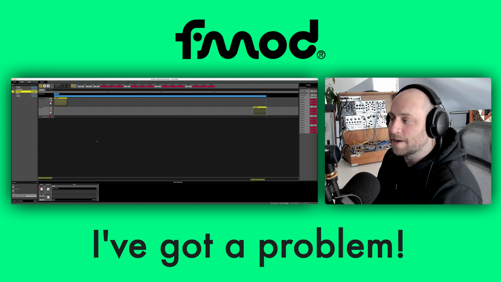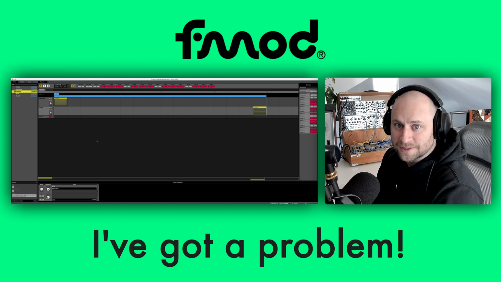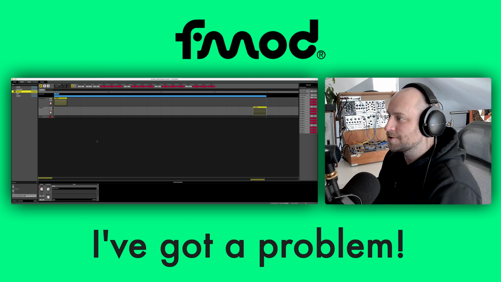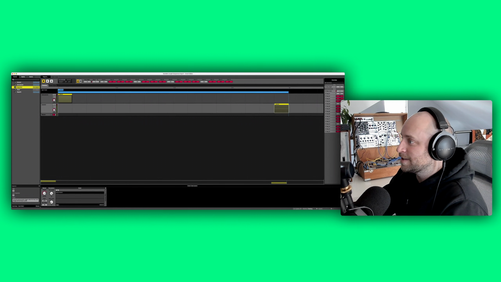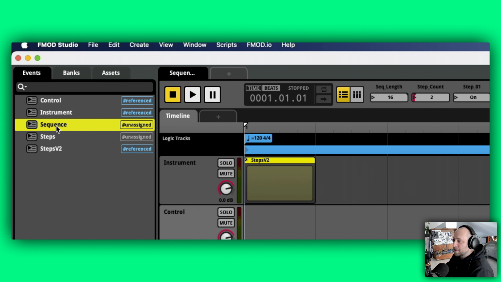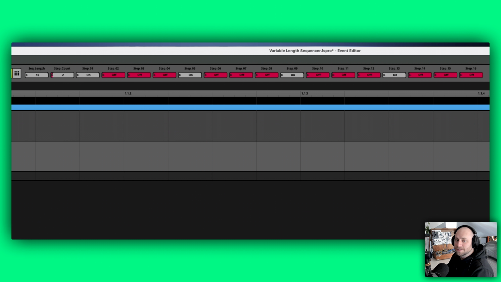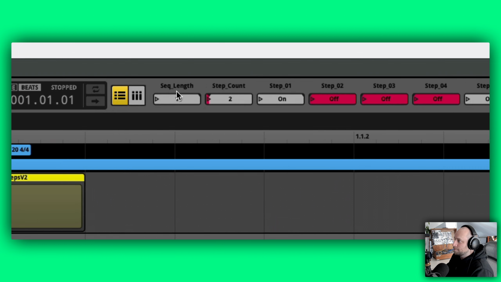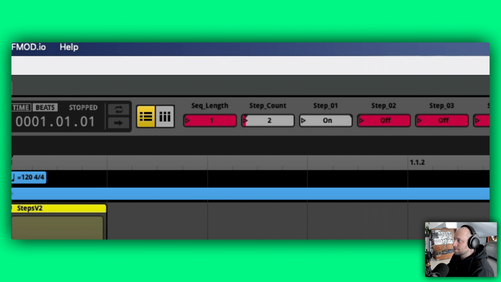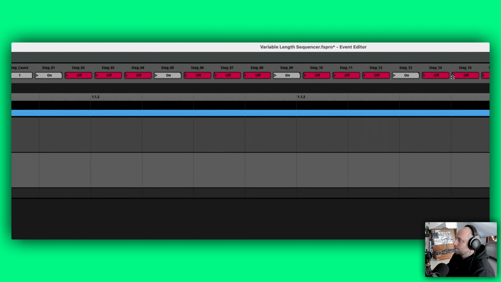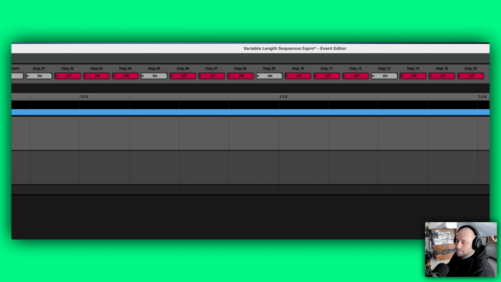So only using FMOD, can I create a variable length step sequencer? Here is where I'm at: I've got a main event, which I'm calling sequence. That main event is associated with a series of global parameters. One is the length of the sequence, which can be any value between 1 and 16. A step count lets us know which step of that potentially 16 step sequence we're on. And then whether or not, in this case, a kick drum should occur on any of those 16 steps,